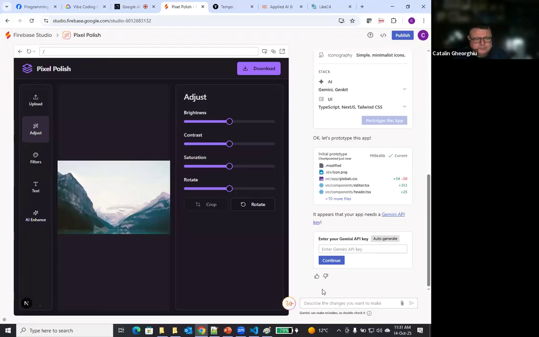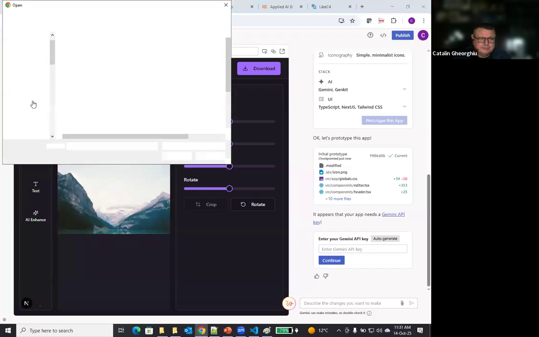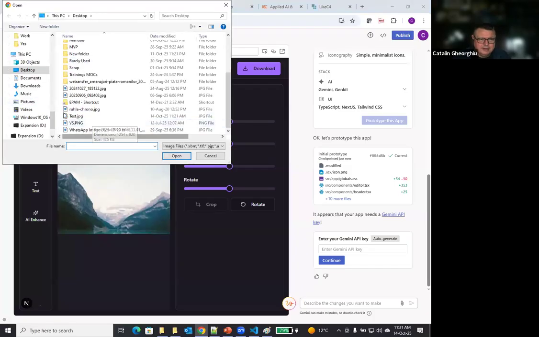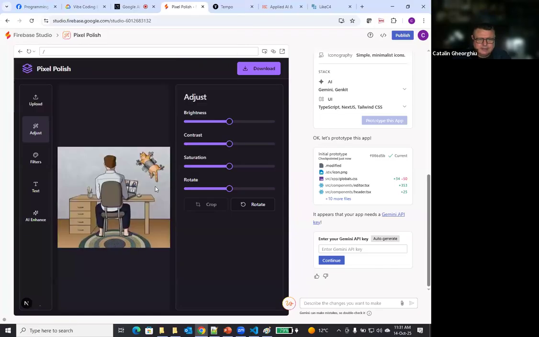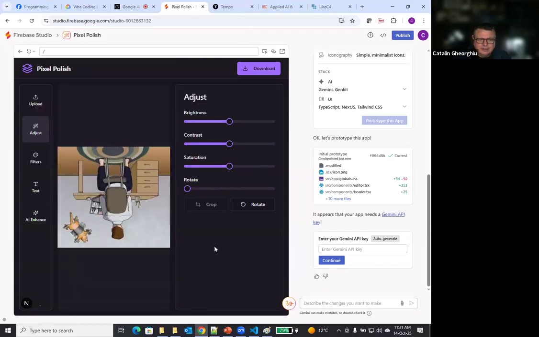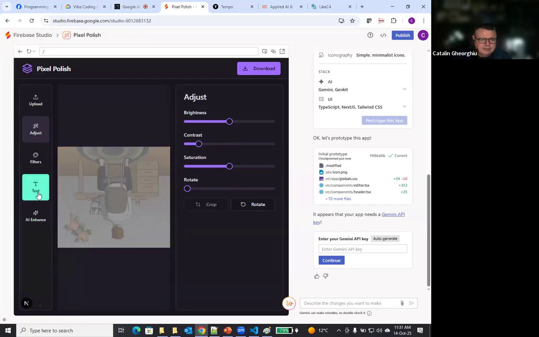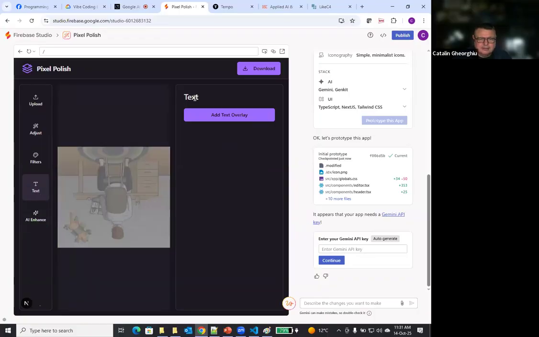So here we have a simpler application, which has a name, and let's try to use our test, and let's do a rotate, and we can work on the contrast, and we can add some text.